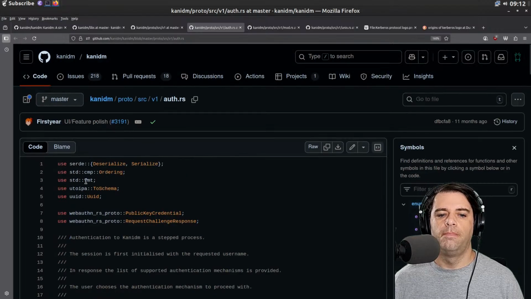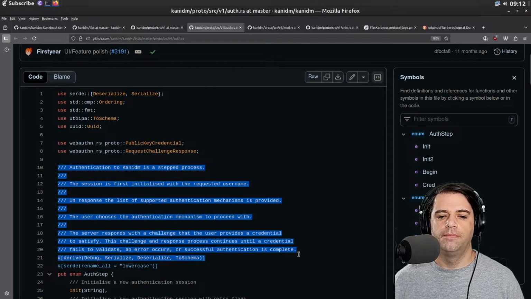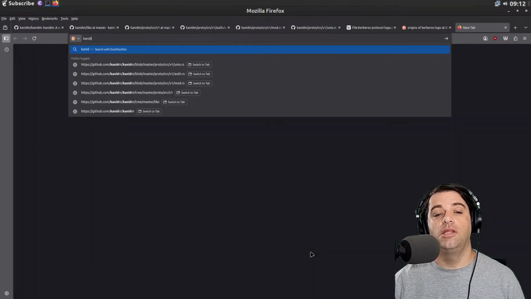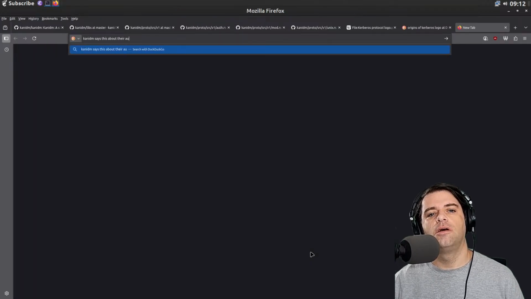Where is it? I'll just grab this. So Kanidm says this about their auth flow.